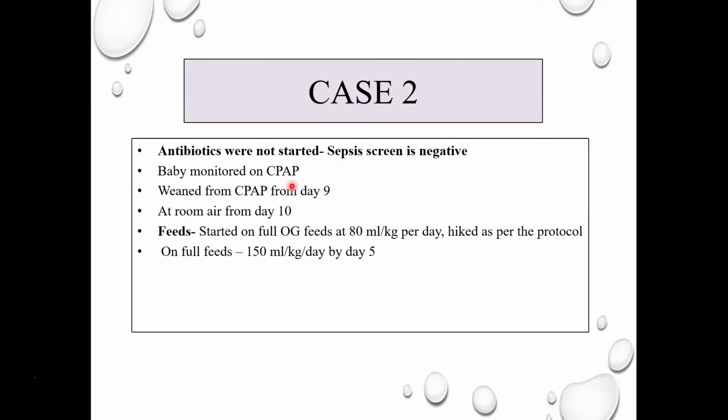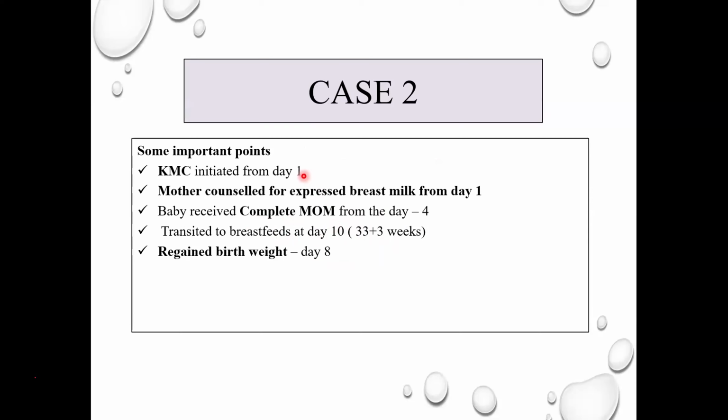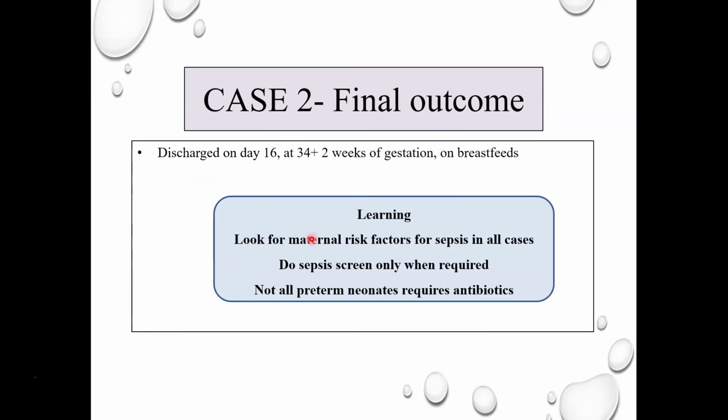So the baby was monitored on CPAP, weaned from CPAP on day 9, on room air from day 10, and started on full OG tube feeds because the baby is VLBW, less than 1.5 kg. We are starting 80 ml per kg per day, and the baby is on full feeds by day 5. In supportive care, KMC is also important, because TABC, the T for temperature, includes kangaroo mother care also. So mother's own milk has been started,